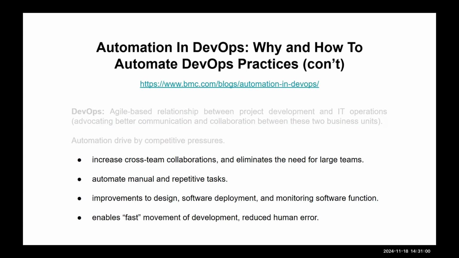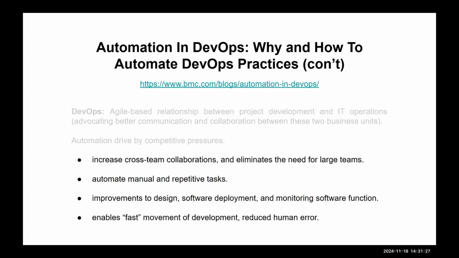And so, in applying automation to DevOps teams, we can see 4 outcomes. And they're mainly positive, but there are probably some negatives too. The first is that it increases cross-team collaborations. So that's one of our big challenges in an interdisciplinary team, is getting people to communicate across teams and getting them to collaborate usefully.